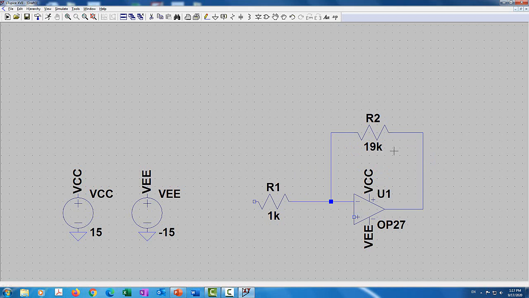You can't say that this is going to be 100 meg. The reason is there is a small leakage current going into the op-amp. It's not zero, right? So there is current going into the op-amp, and that is small. We call it the input bias current or the input offset current. And this is a very small current, so you can't use very large resistors, because if the resistor here is very large, the current going through it is very small. This small current, when it comes over here, is going to branch. So now you depart from the ideal case. So I would say don't use any resistor higher than 100K,